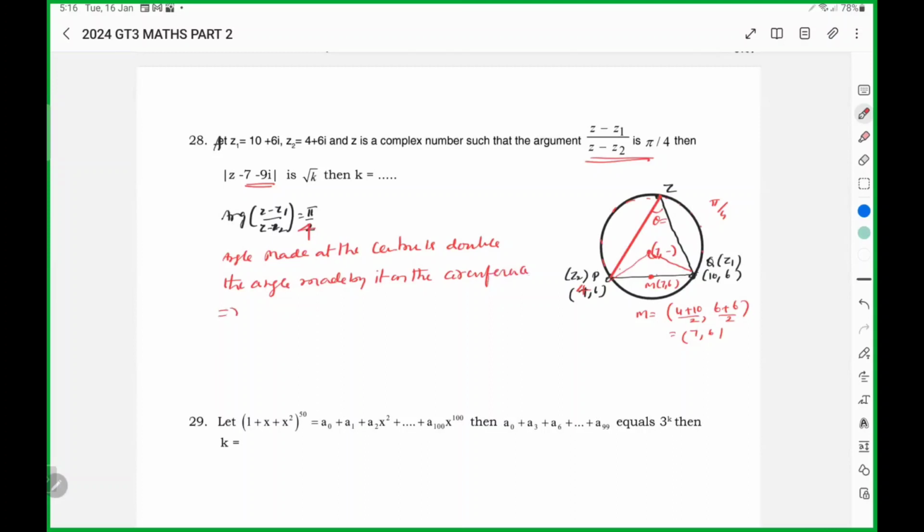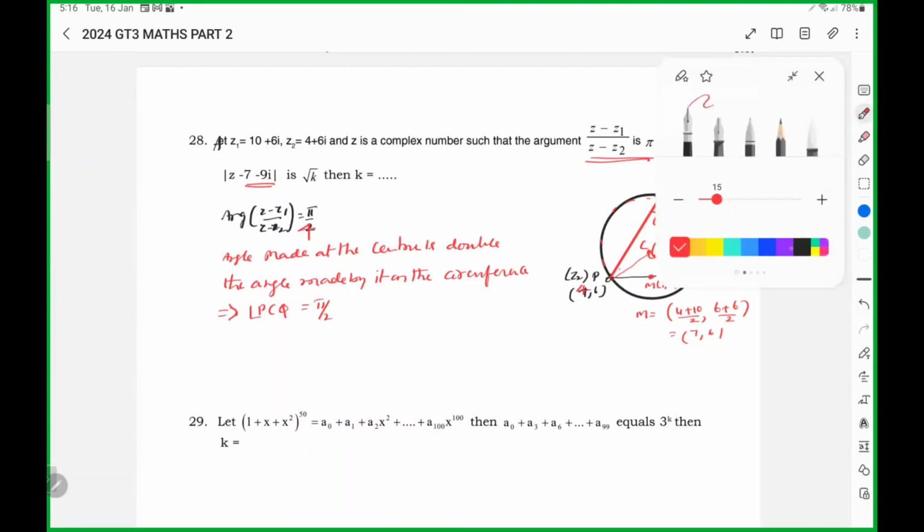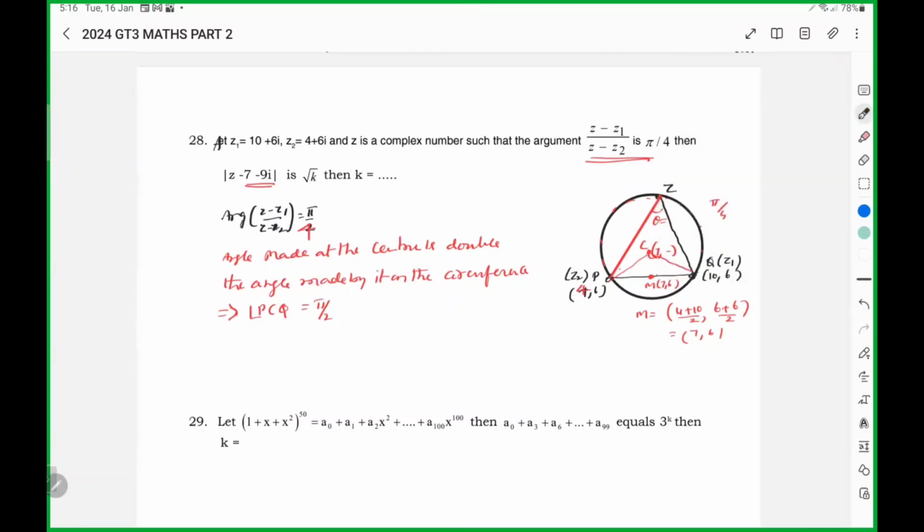So which implies angle PCQ here is 90. So this is radius, it is radius,